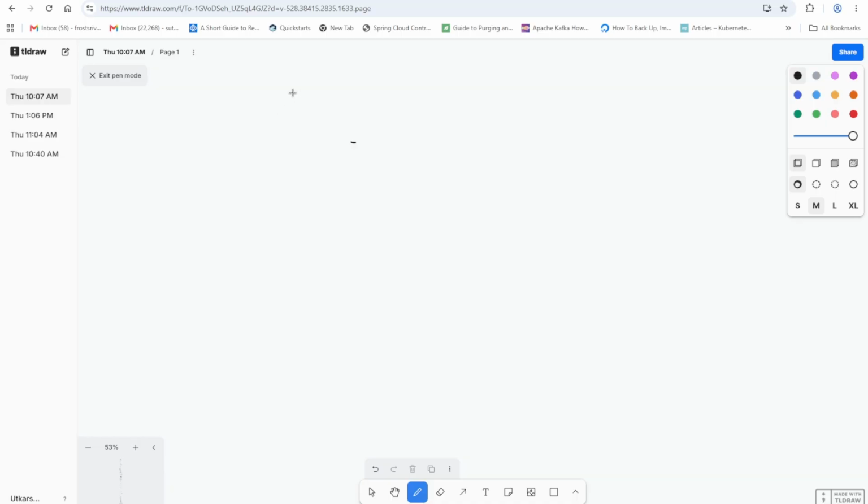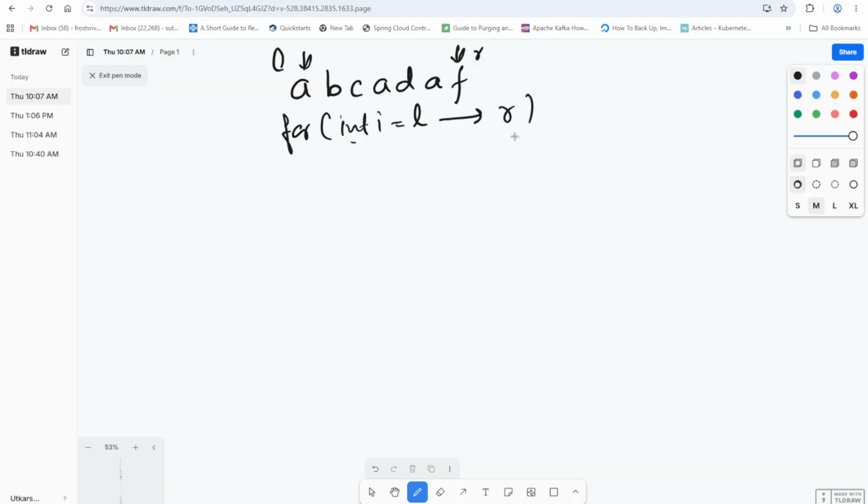Suppose we try to code this, like A, B, C, this our example was A, and again D was there, again A, and suppose F. And if we take this L, and this R, what we need to do is first check which is the matching character, right? So we will apply a loop from int i = L to R,